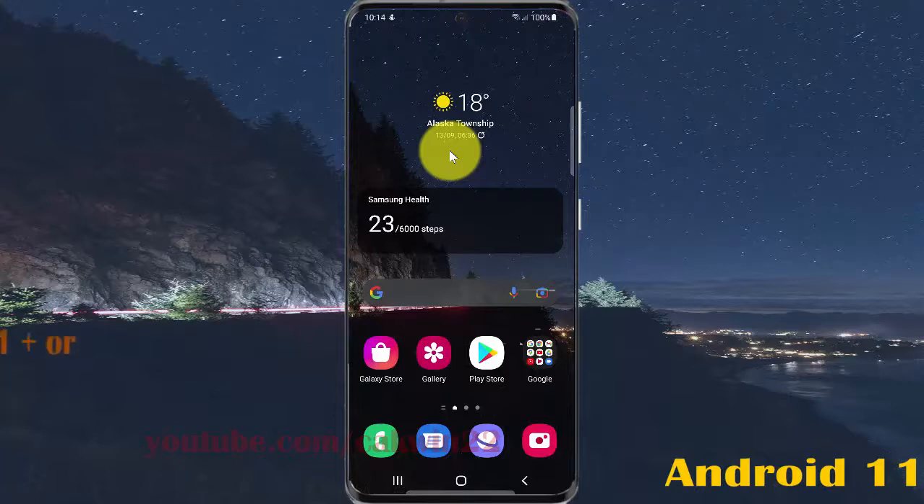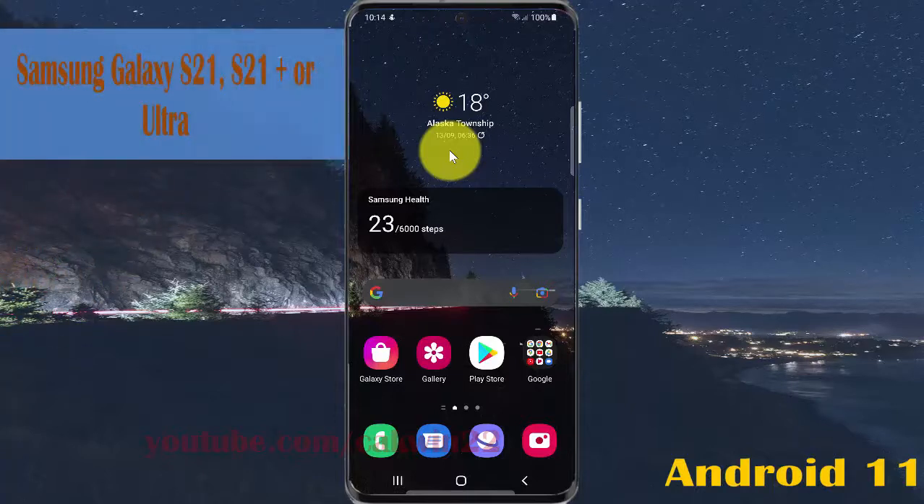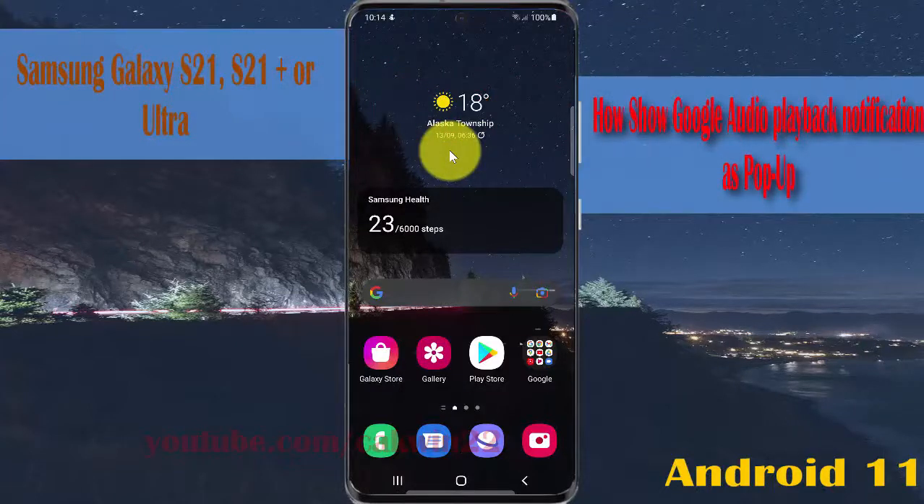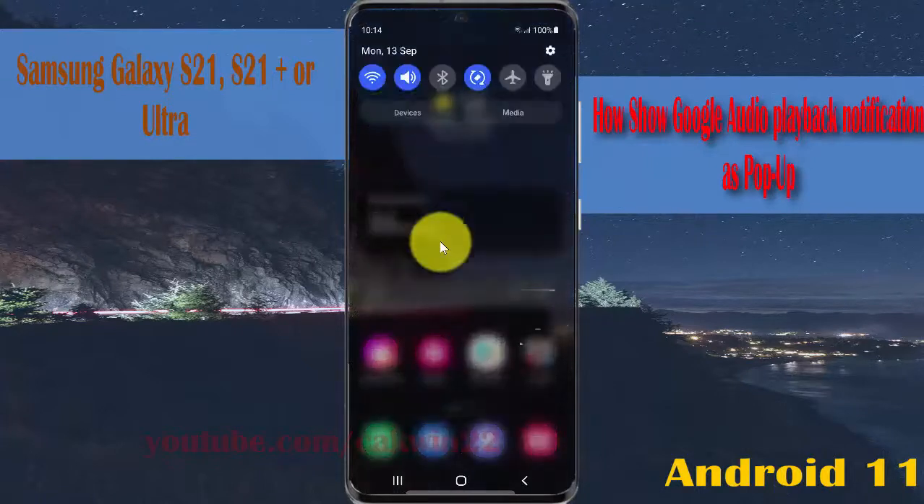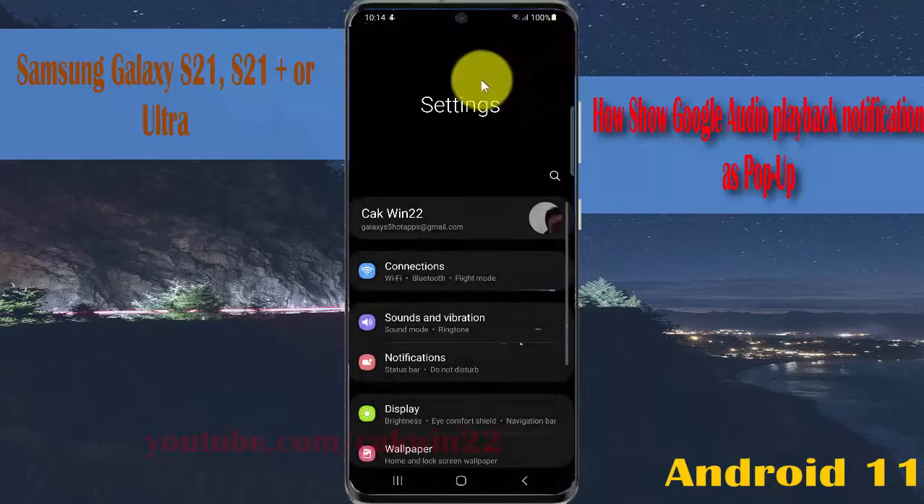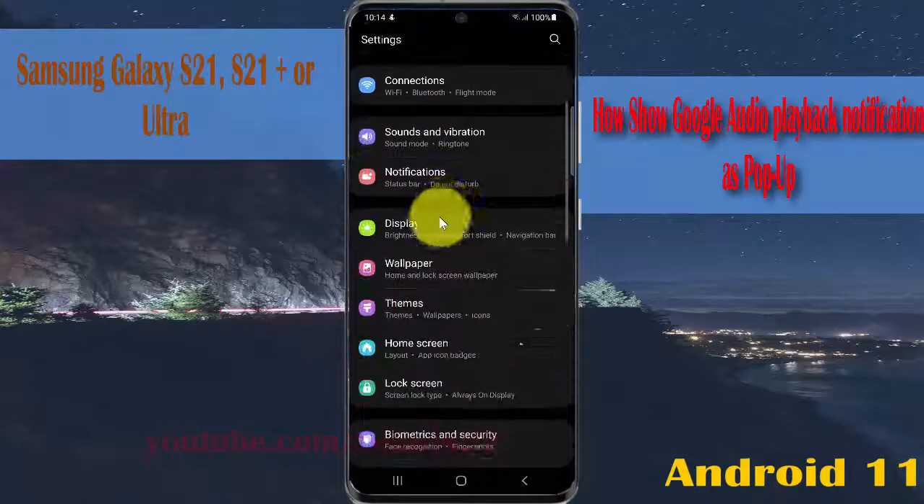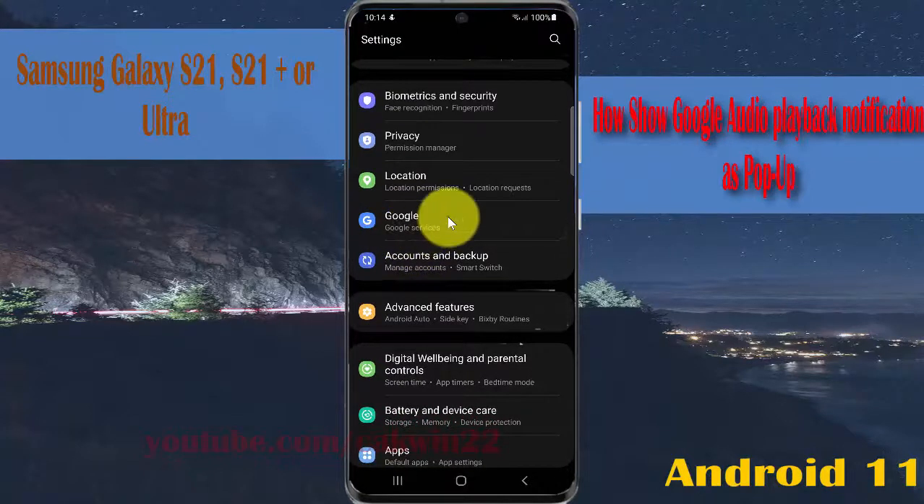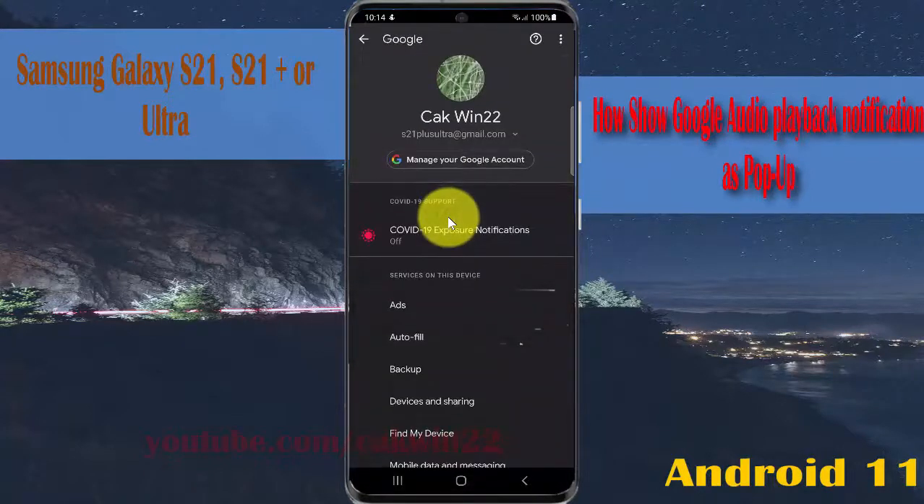To show Google Audio playback notification as pop-up in Samsung Galaxy S21, S21 Plus or S21 Ultra, open settings, swipe the notification panel, and then tap settings icon, scroll down settings screen, find Google, and then tap Google services, scroll down screen,